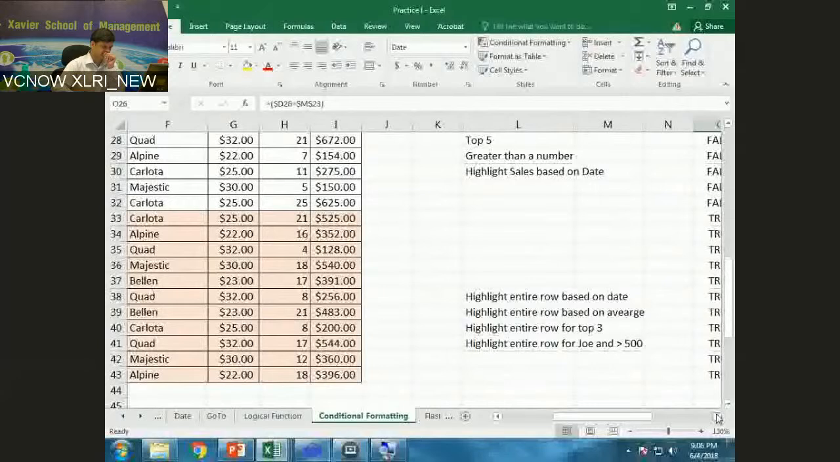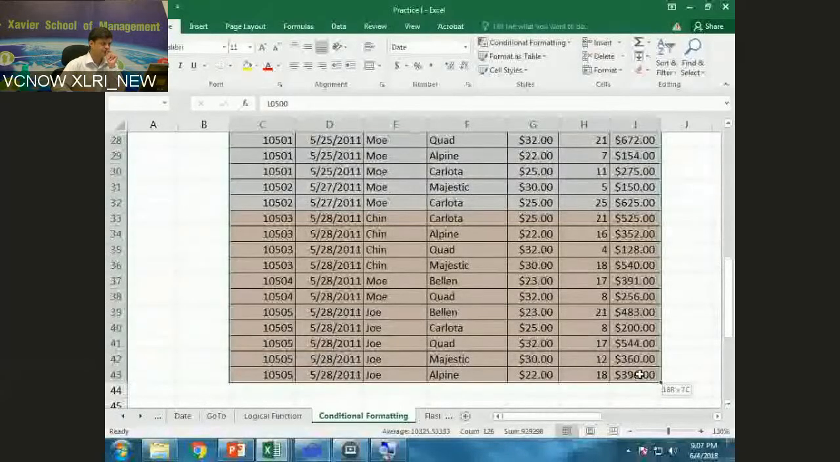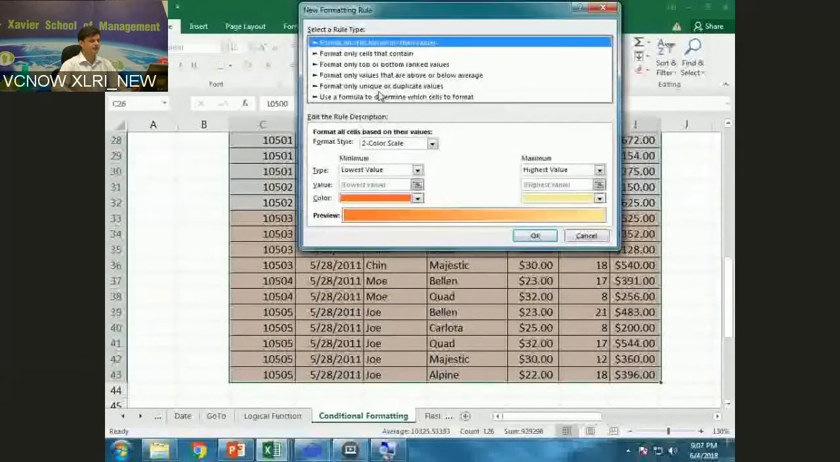Conditional formatting, new rule. Formula. It says entire row for top 3. What I meant, top 3 sales figures. Okay. So let me write equals